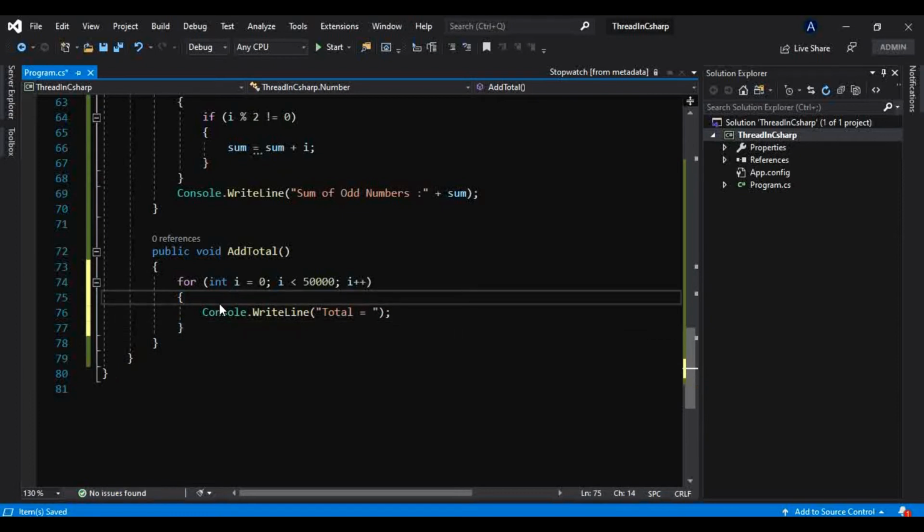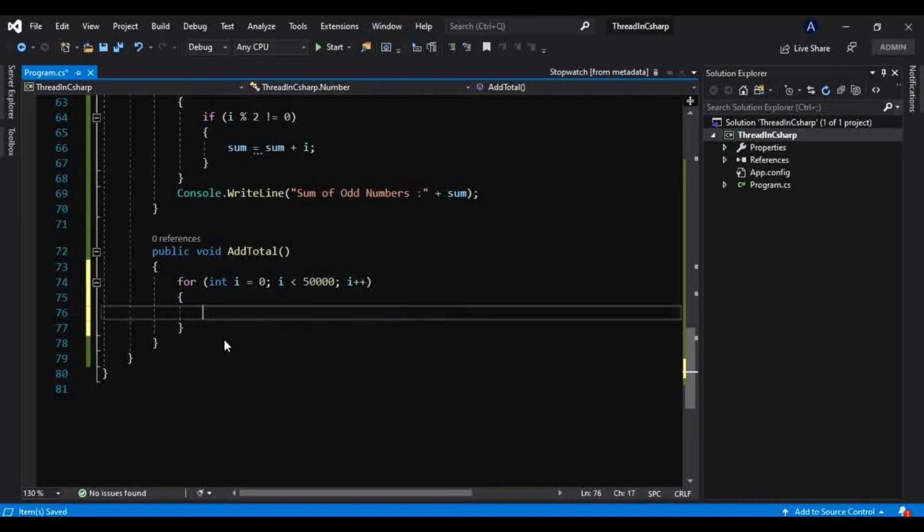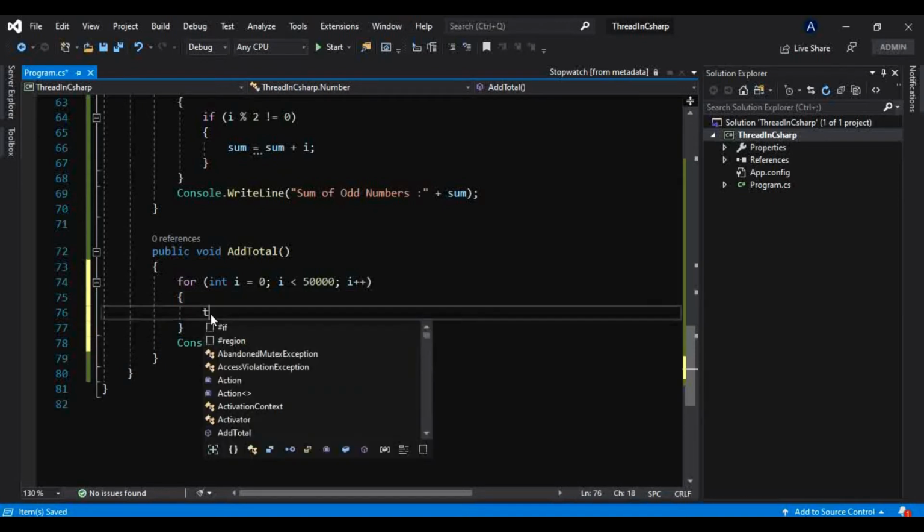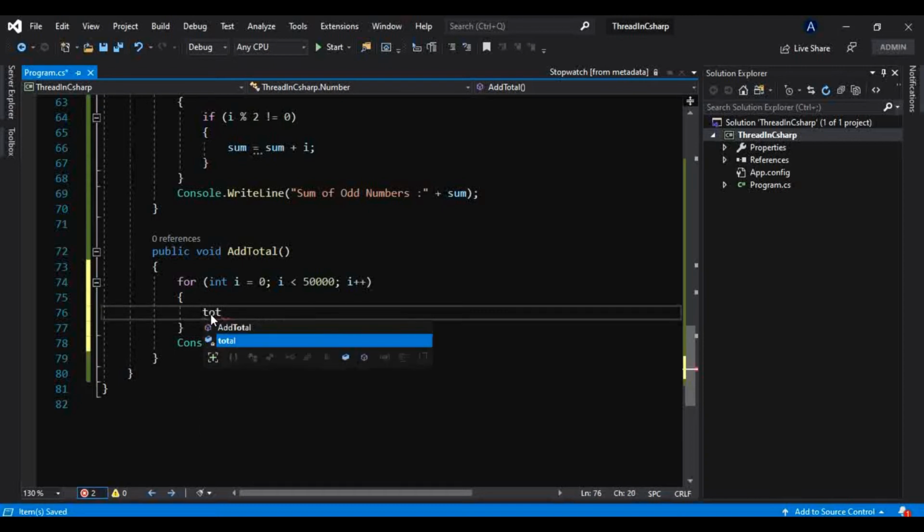I will take that outside this, and I will make this total equals total plus i.